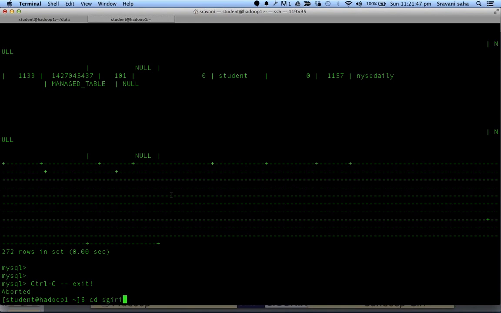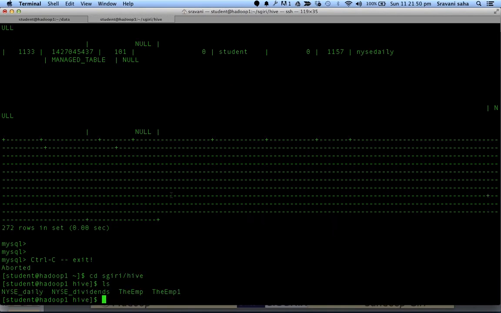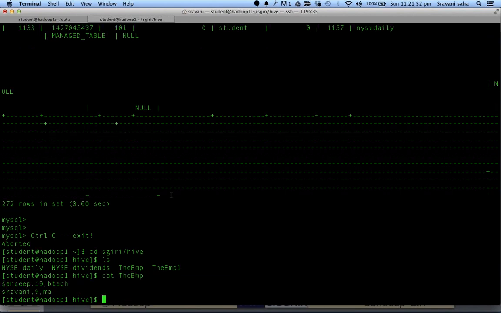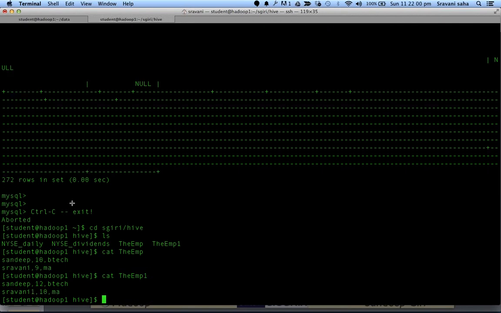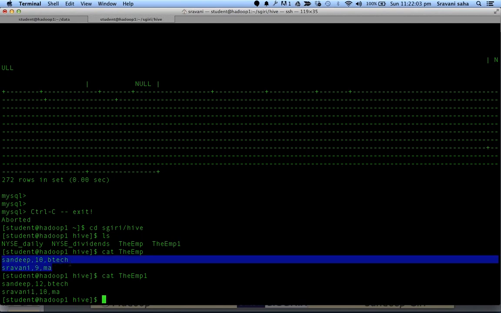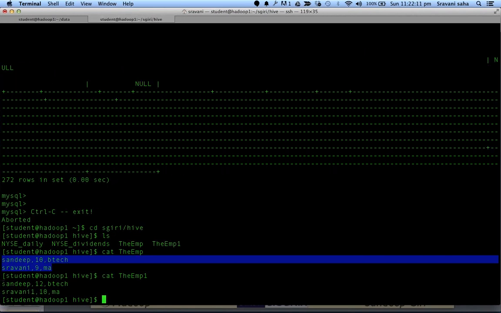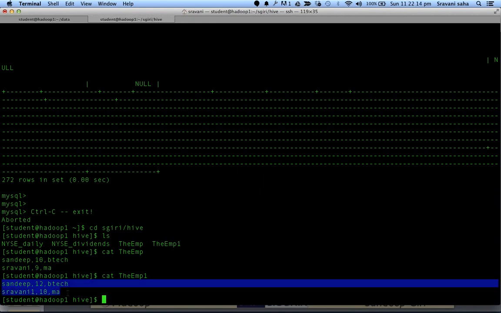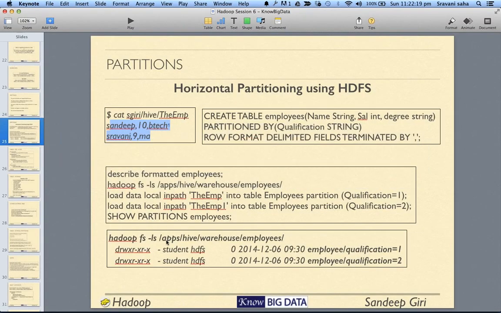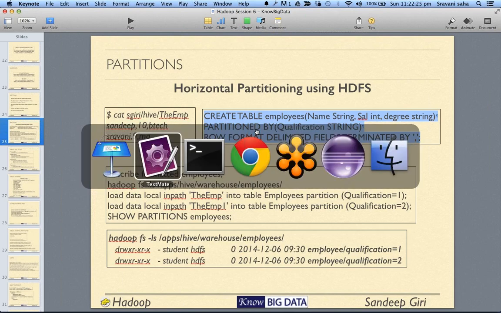So we can say asgiri/hive, and in this you have cat the employee and cat the employee 1, right? There is not much of a difference. The first one has only 2 rows with these values, while the second one has these rows. You can see that. Now if we want to load it as a single table, first of all you need to do is